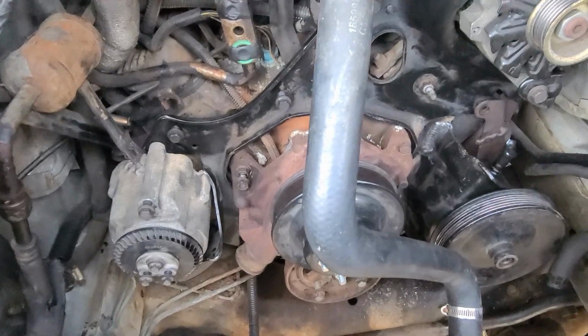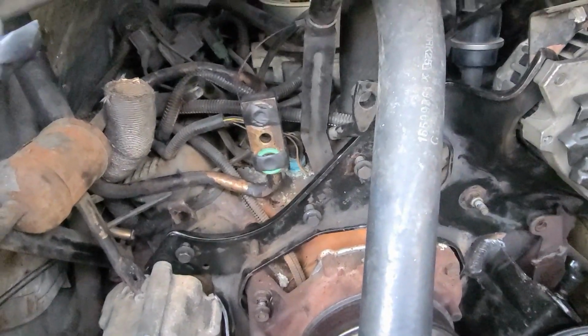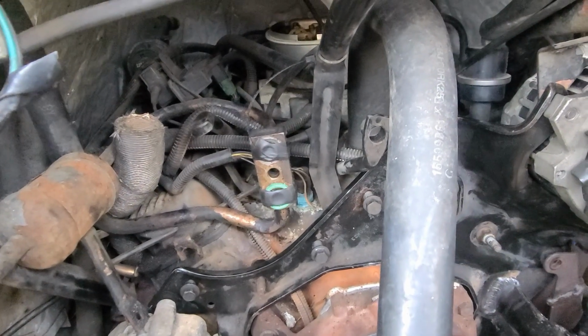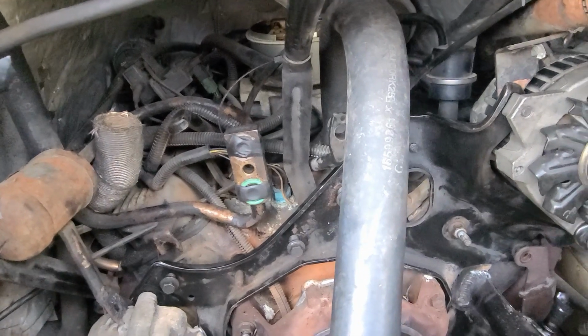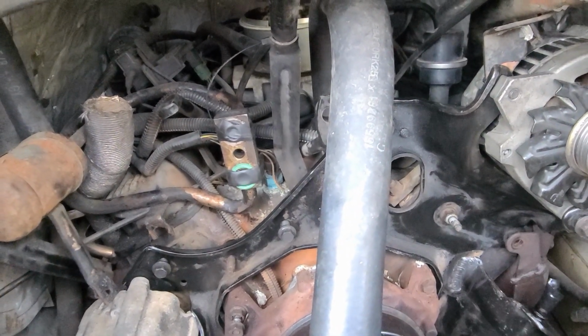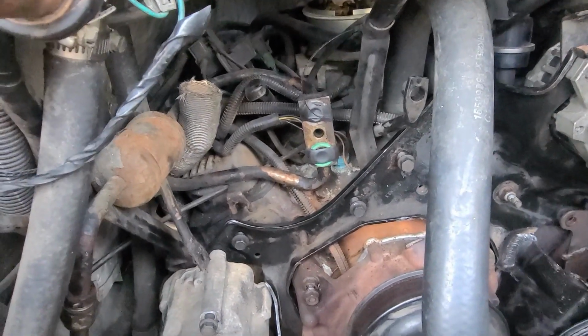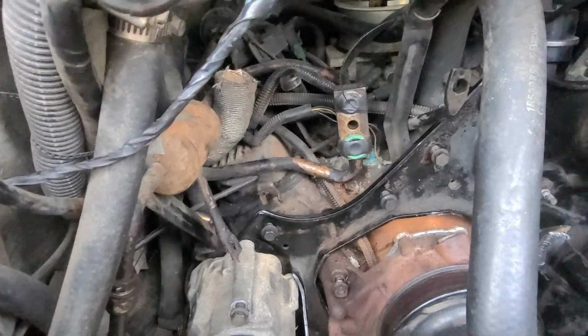I took care of the spark plugs and wires, got all of that taken care of, and that was a headache on its own. So hopefully they hold up for quite some time. We still got a few more pumps, AC pump,